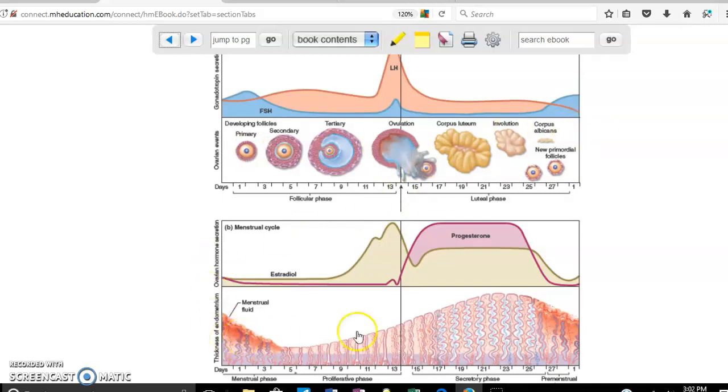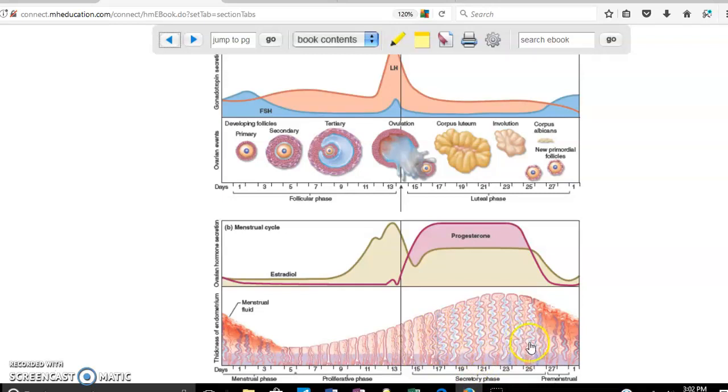What happens in the uterus? In the uterus, we're going to have the end of the menstrual period. Then we have the proliferative phase and the secretory phase. Let's say the menstrual period ends in day 2, and then from there, the proliferative phase starts, where the endometrium starts growing, as you can see here. Day 15, more or less, we start with the secretory phase, in which the endometrium is maintained in case the female becomes pregnant.